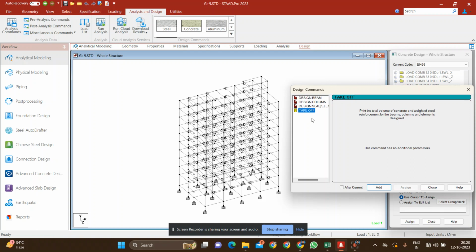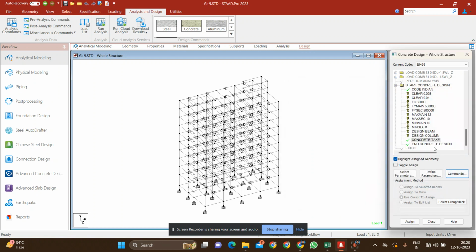This take off command will help us to determine the volume of concrete and the weight of reinforcement bar in kg, so that we can approximately determine the cost of the materials like concrete and reinforcement bar. So I will also add this take off command